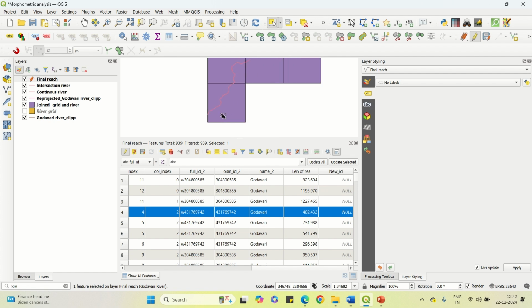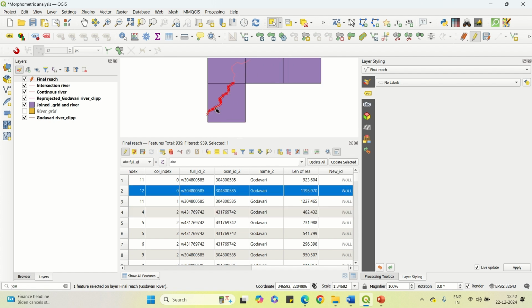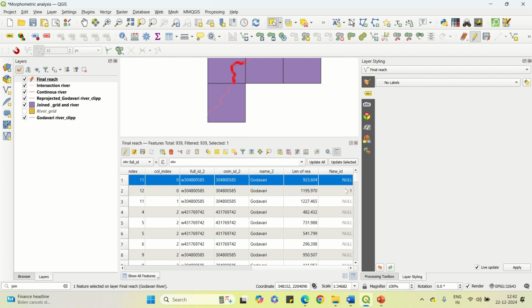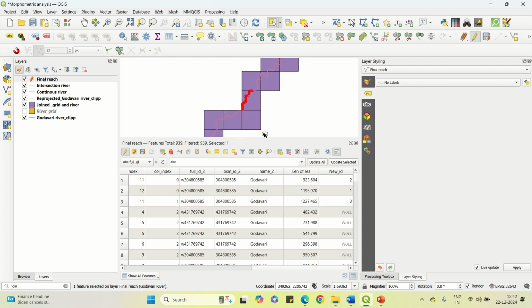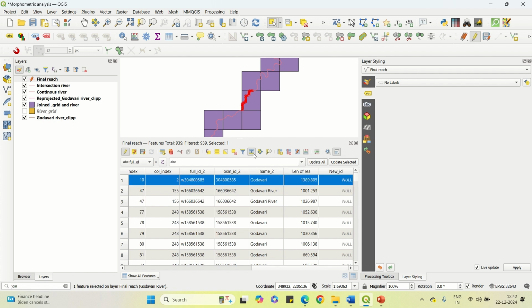So this will be called 1, right, and then this will be called 2, and this is 3, okay. So we cannot see where it is, so we will just click on move selection to the top, okay. Here it will be 4,